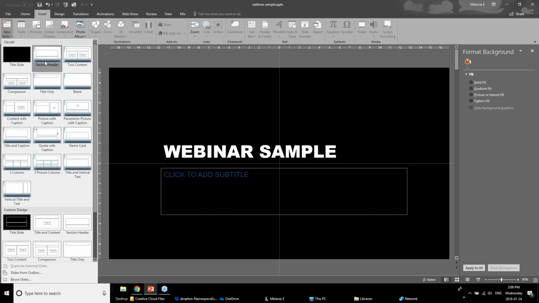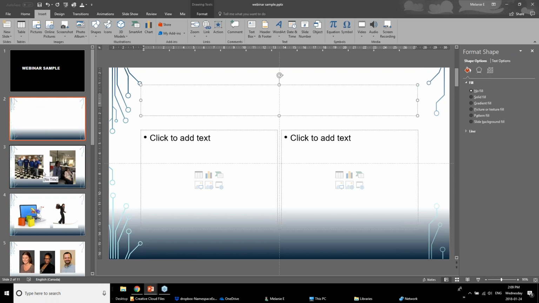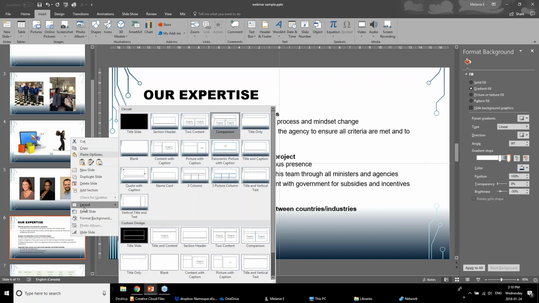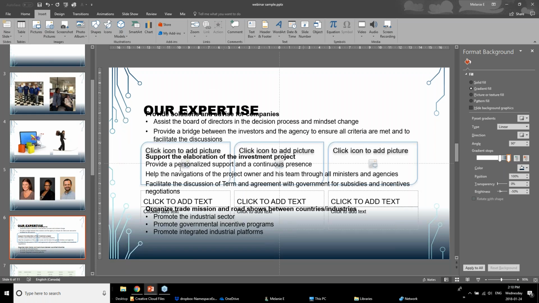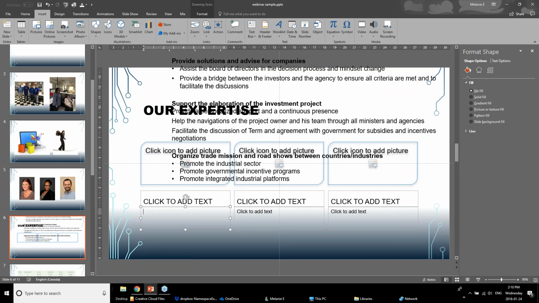I'm just going to change it to this section, and you'll see that it would select that slide from that layout. Say, for example, with this particular slide that already exists, I decide I actually want it to have columns, and I have a layout slide that already has columns in it. I can just right click and go to layout. Same idea. I'm going to check from the list all my different layout slides, and I have a 3-picture column one. So it's setting up here, and then all I have to do is spend a little bit of time copying and pasting the text